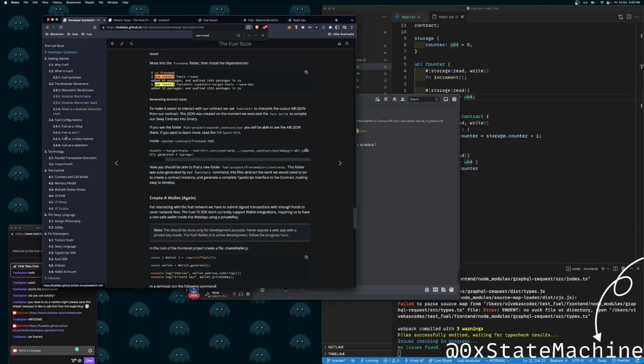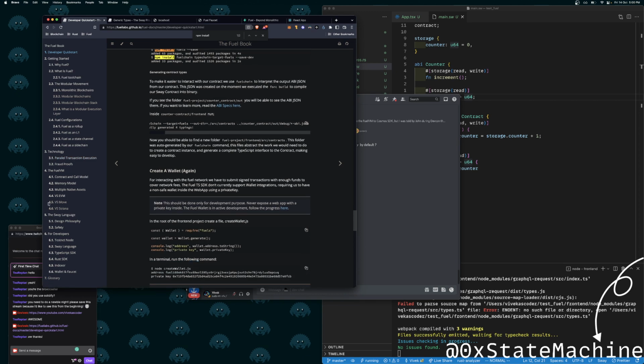Awesome. Let's see. I'm actually particularly interested in these two things. They don't have this information in the documentation as of now, which compares this Fuel VM with Move and Solana.